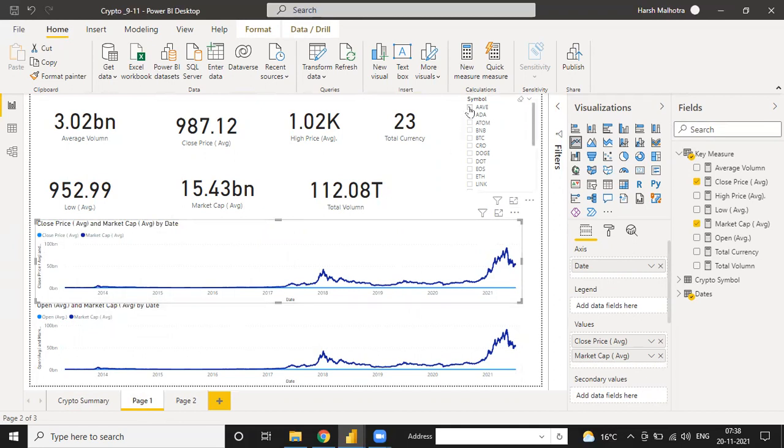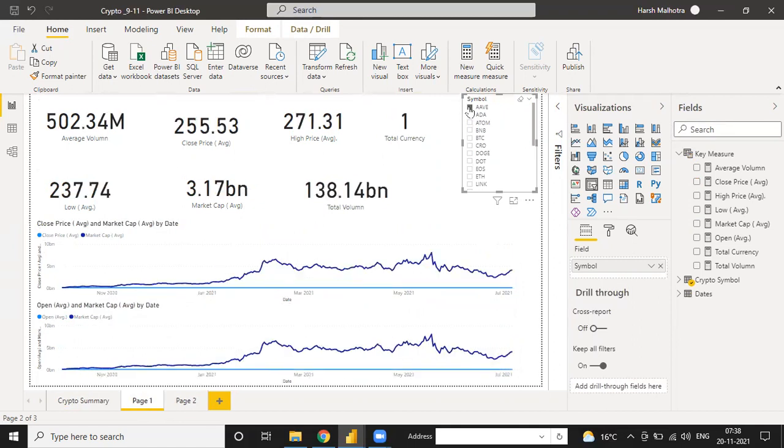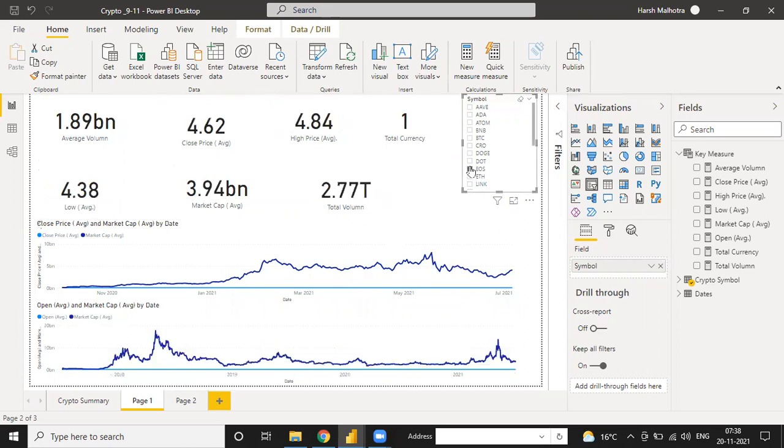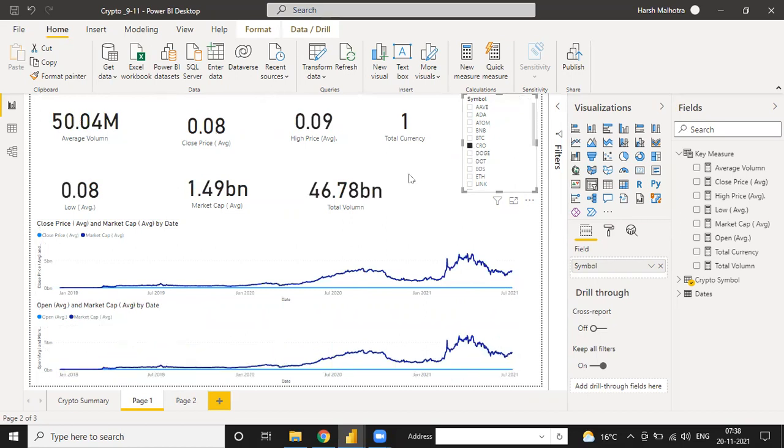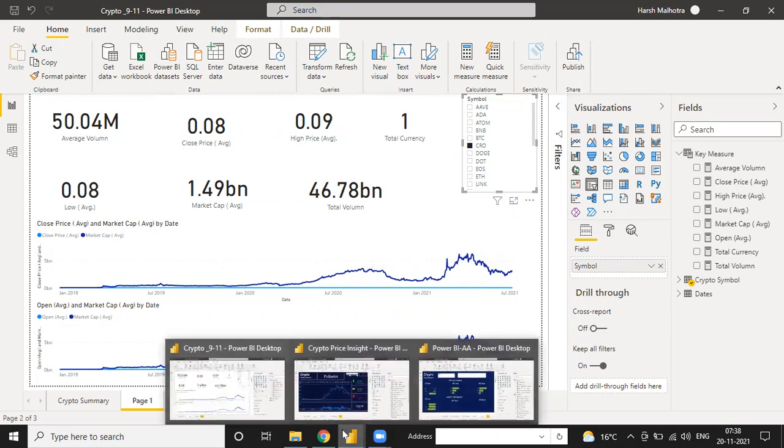If you select any of the currencies, like Aave here, it will change according to the complete date range. See, in total we have data from July 2021 to November 2022. If you select any of the currencies, it will automatically change. Okay, so now we move to our purpose for today, and today we are discussing some analytic measures like this. Let me show you.